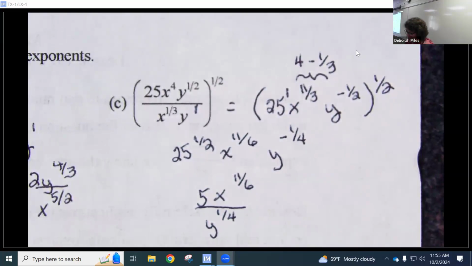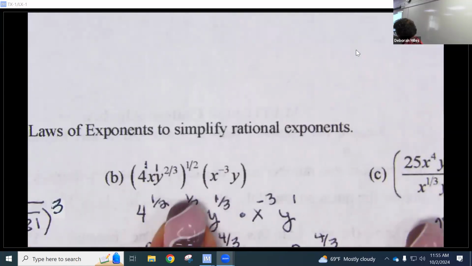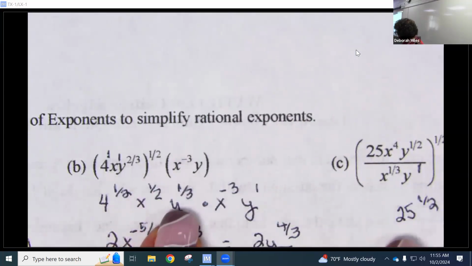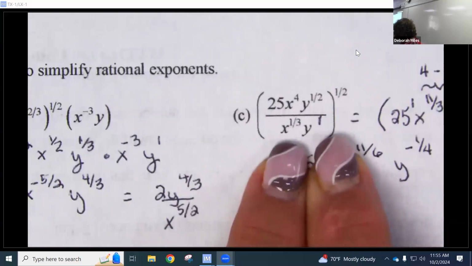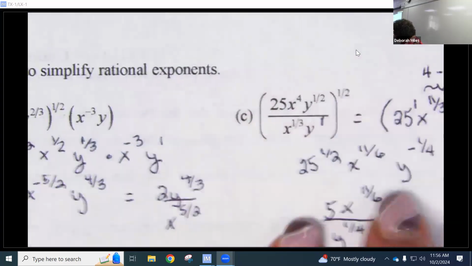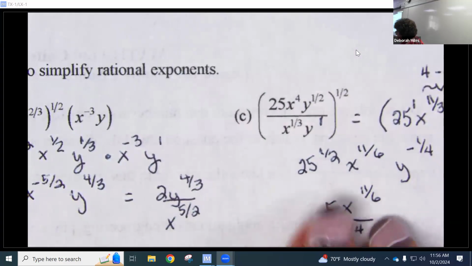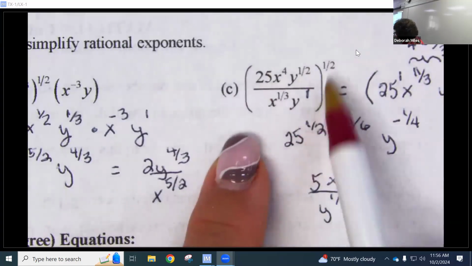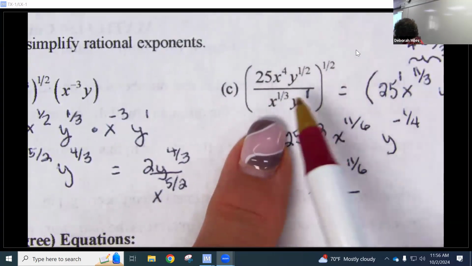Now, feels like we got more done in 25 minutes today than we got done in 80 minutes yesterday. Let me just remind you that I chose these examples very purposefully. I looked at the answer or the problems that I put in the homework, and I tried to give you examples like those. So if you see a problem like this in your homework and you just go, man, I have no idea what I'm supposed to do there, first place you need to turn is your notes, because there's a good chance there's an example like that in your notes. Now, if you have a problem like this, but just has different numbers in it on the homework,